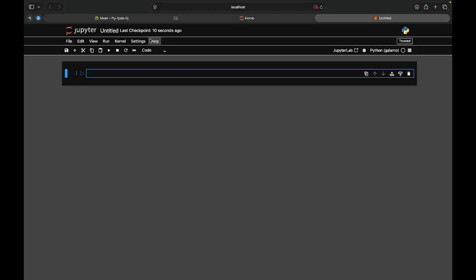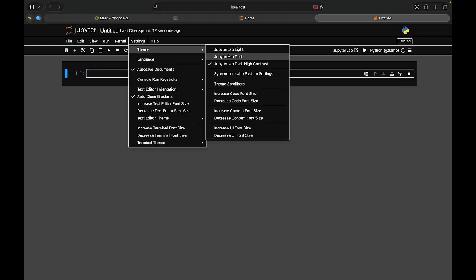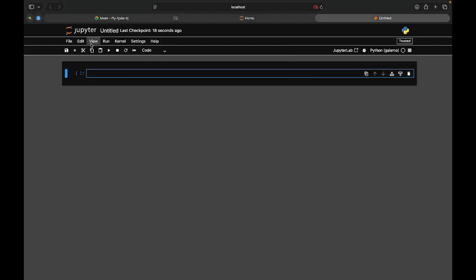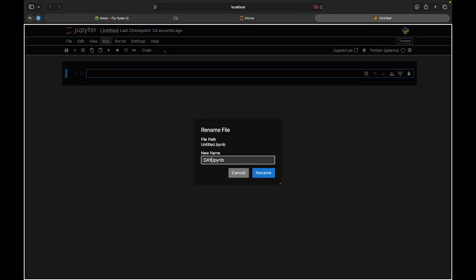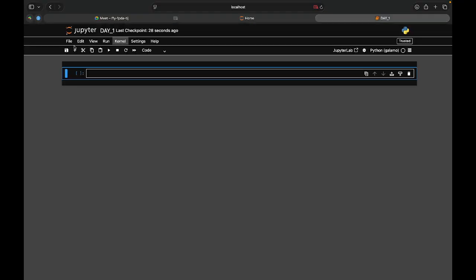Okay. First of all, you can go to settings and you can change the theme: light, dark, or dark high contrast. So I like this one for now, so I will keep it like this. Also you can change your name, like let's say day underscore one. Okay, day underscore one. So the task today is,